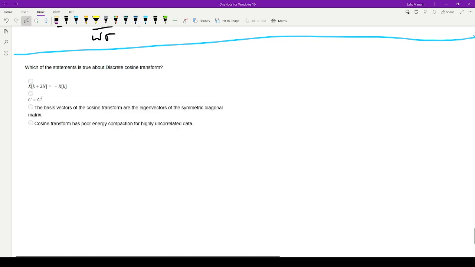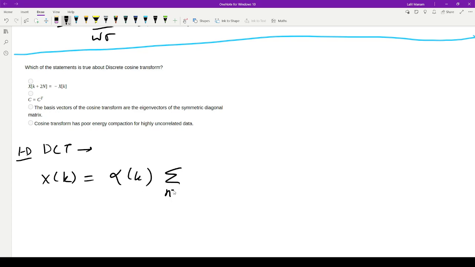Okay, so this is our next question. What is discrete cosine transform? First question. What is DCT? And can anyone tell me the formula? That's a big formula. So I'm writing the 1D DCT actually. This is alpha k summation of n equals 0 to N minus 1 x[n]. Then